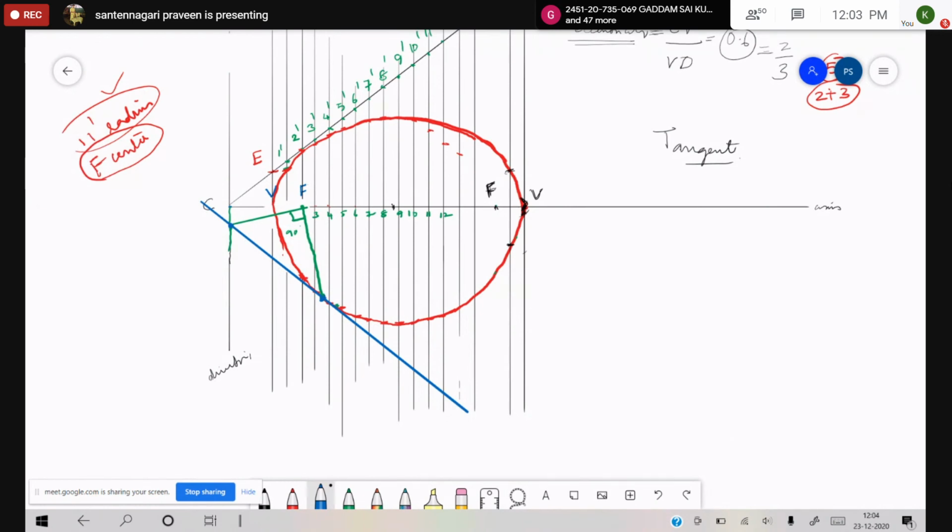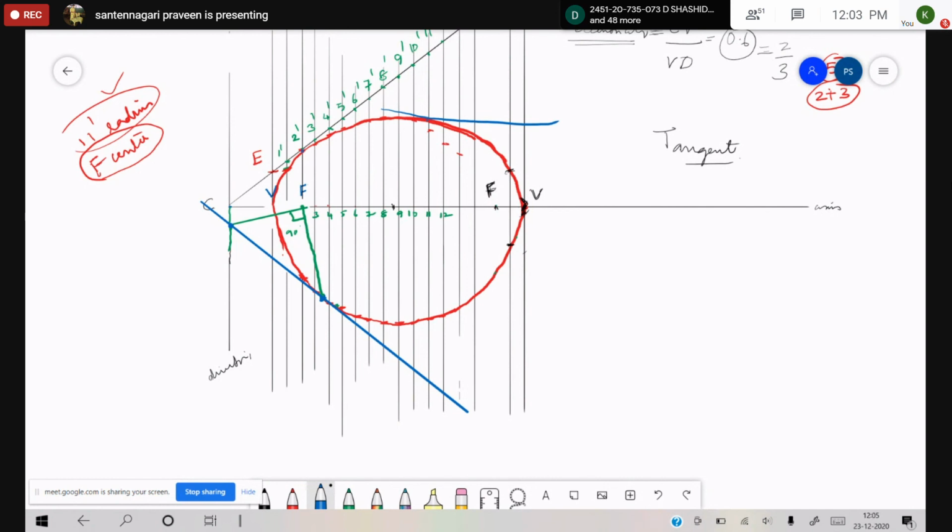Now the doubt which one of our friends has raised is whether the CE is a tangent or not. So we have to draw a line from this point to the focus perpendicular to this, join from this, then only it will become a tangent. Simply touching a line this way cannot be a tangent.